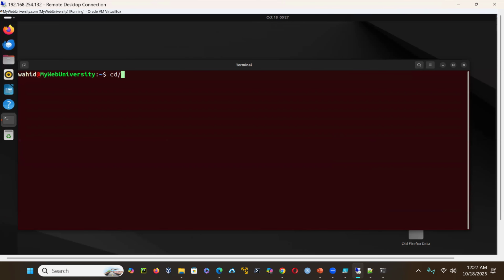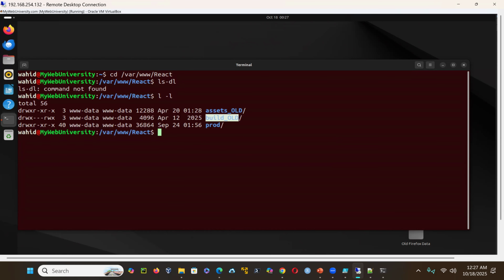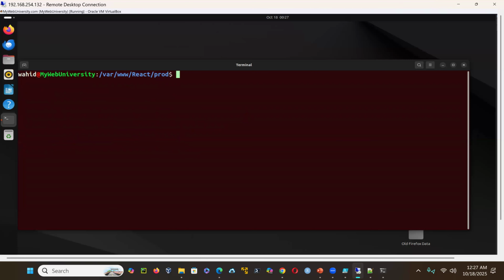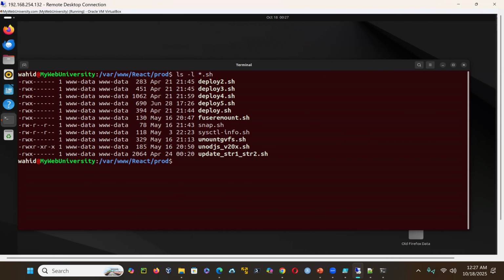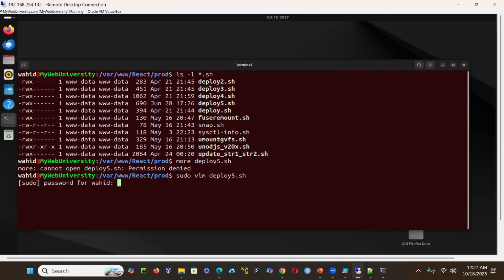So if I go to my /var/react directory here, and then ls -l, there's a prod directory here. cd to prod, and then clear screen here. There's a file that I wrote called deploy5.sh. I'm just going to quickly show you deploy5. Every time I update that website to show you more, sudo and then I'm going to open